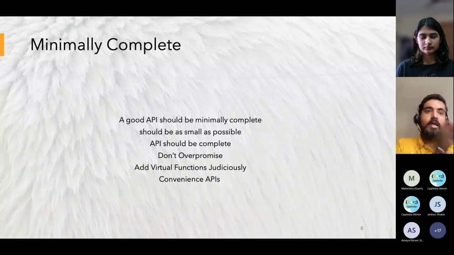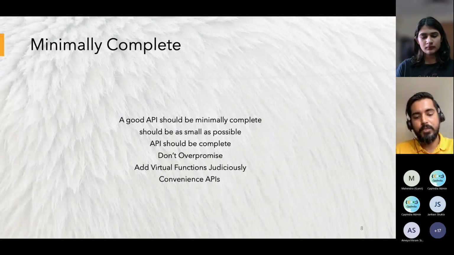You can add one extra class. Don't add these convenience APIs in your same core API, right? So you add one extra class, and in that you can add your wrapper APIs, and there you can club multiple core APIs into one API, and you expose this API to your user.